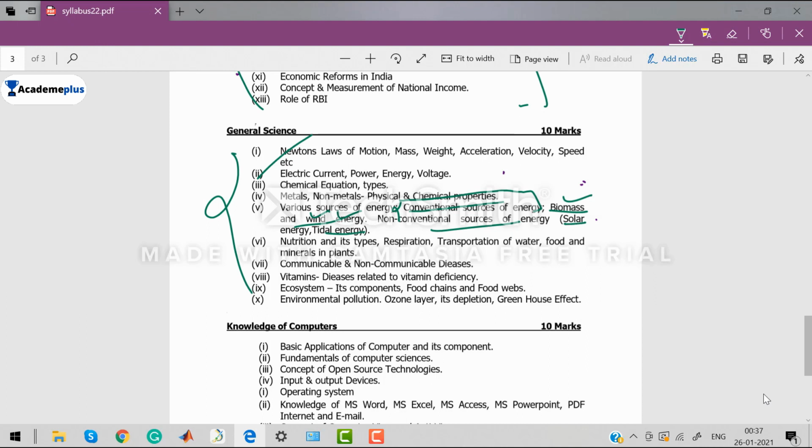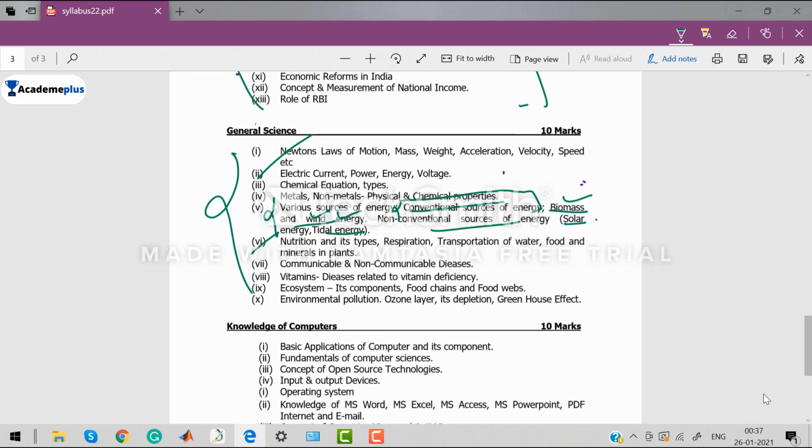tidal energy is there. So there are so many things which we have to study in these two types of energy sources, right? And then there is nutrition, steps, respiration, communicable and non-communicable diseases. It's not a big deal. I mean, ज़्यादा कुछ नहीं है, बस हमें 10 मार्क्स के हिसाब से ही पढ़ना है।